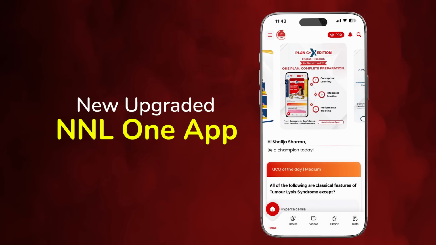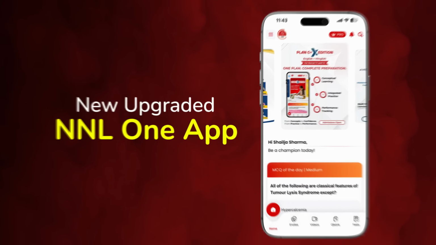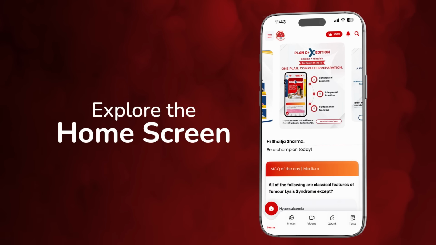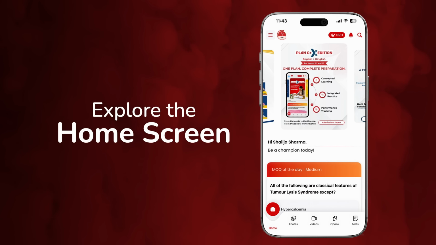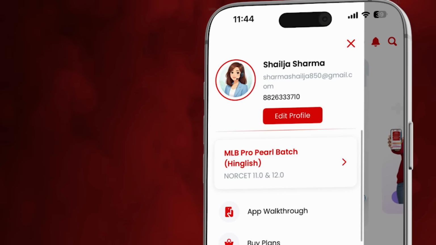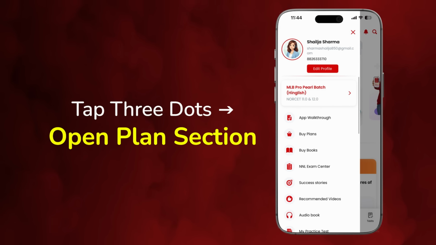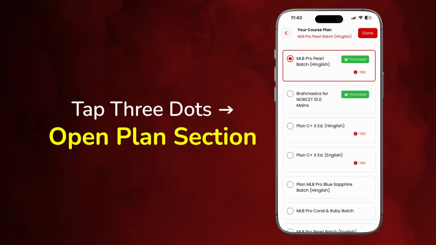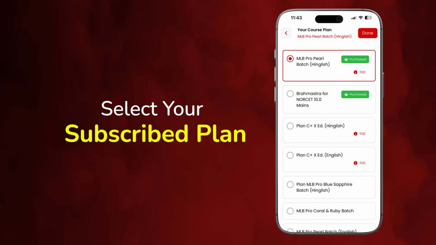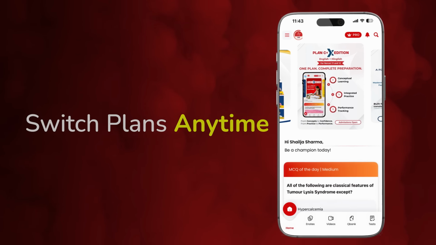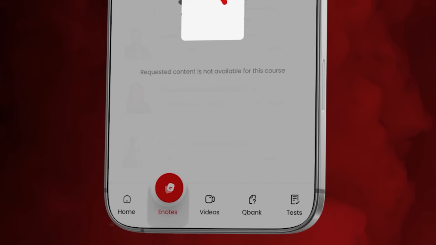Introducing the upgraded NNL One App, where all your preparation tools come together on the home screen. Tap the three dots to open the plan section. Select your plan to access its content. Or you can switch your subscribed plan anytime while exploring eNotes,